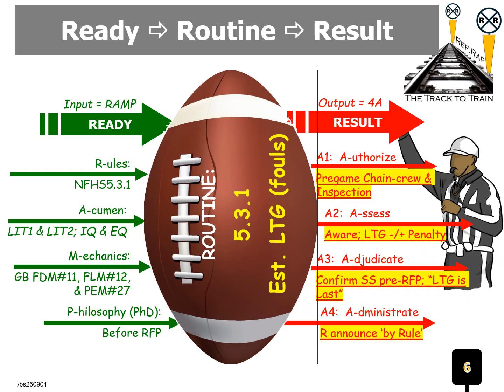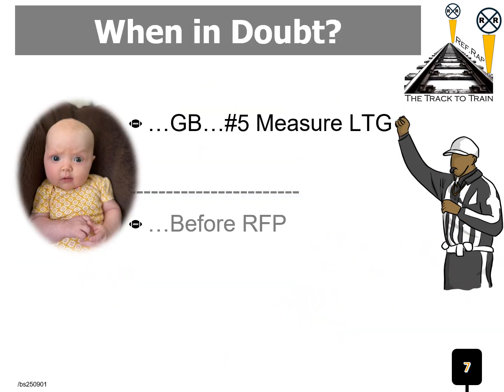We administrate this by having our referee do a good announcement of by rule that the line to gain is the last thing that is established. A referee announcement with a field mic, of course, makes this easier, but even if you do not have the field mic, please gather both head coaches, either individually or collectively, and do so that everyone understands and comprehends what's going on. When in doubt,